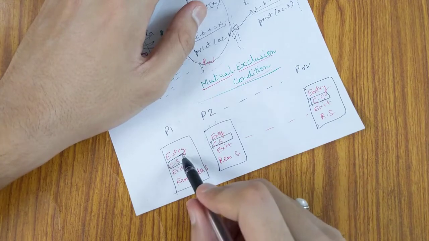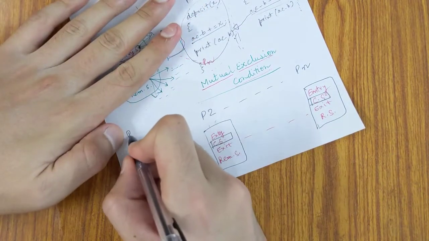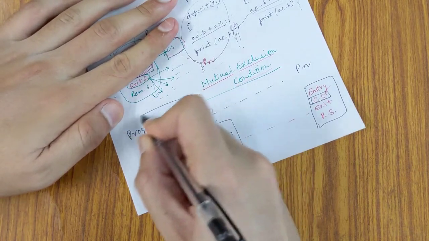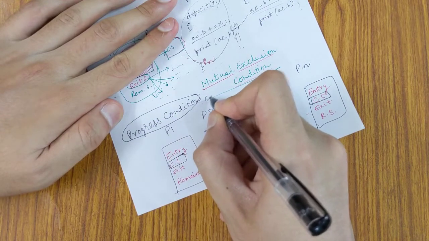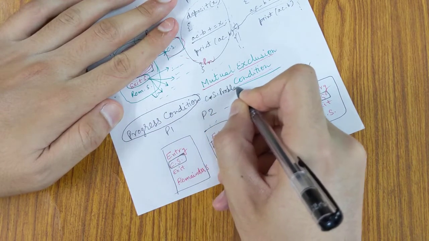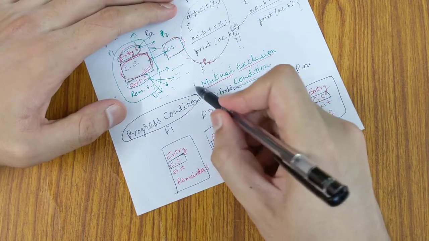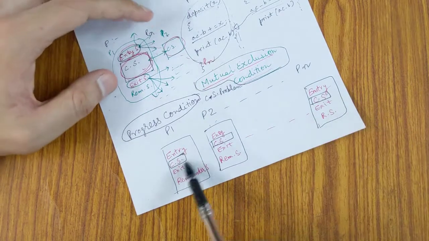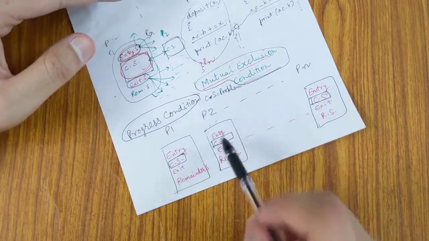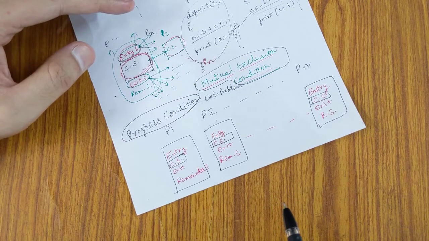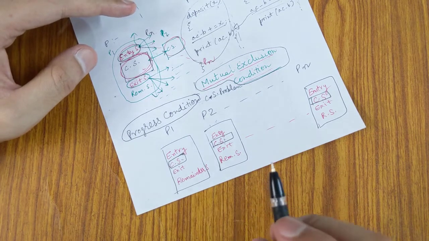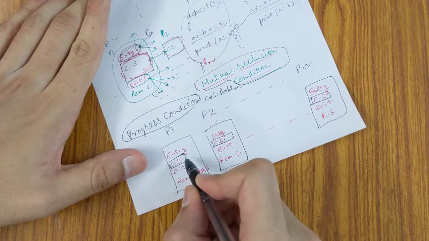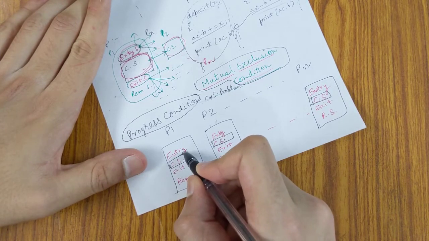But first let's discuss what the progress condition of the critical section problem is. Okay. So we have already seen the mutual exclusion condition, which states that no two processes can be together in the critical section. Now the progress condition implies that if, let's say, process P1 requests that, okay, I want